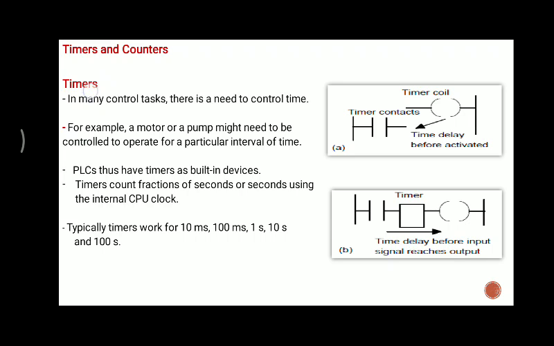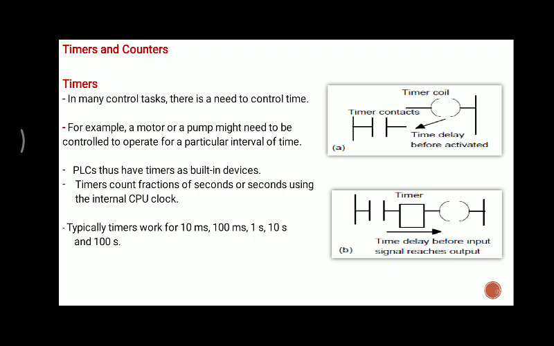Out of that, first we will see what a timer is. In many control tasks there is a need to control time-based operations, or addressing points in the PLC. For that purpose timers are used. For example, a motor or pump might need to operate for a particular interval of time.